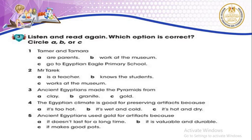Yes, granite, letter B. Number 4, the Egyptian climate is good for preserving artifacts because it's too hot, or it's wet and cold, or it's hot and dry. Yes, it will be letter C. It's hot and dry. Number 5, ancient Egyptians used gold for artifacts because,